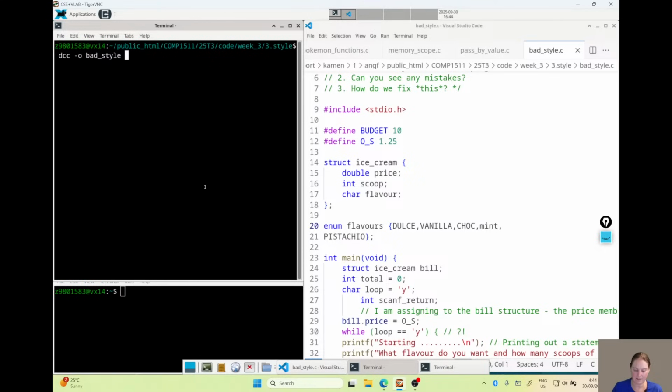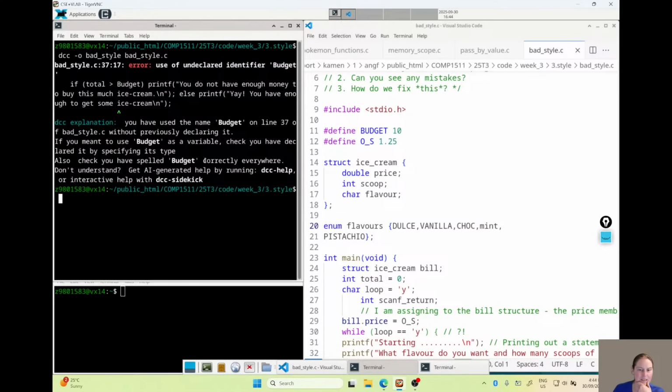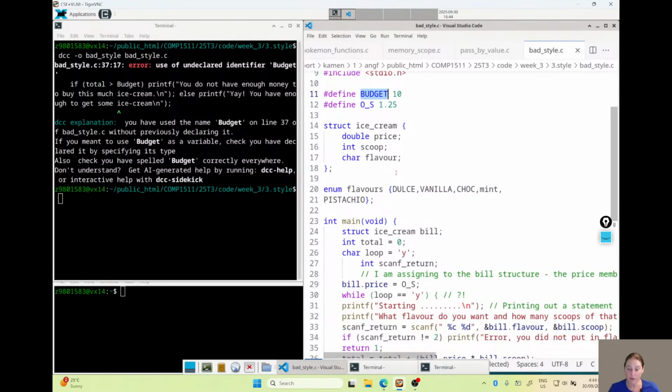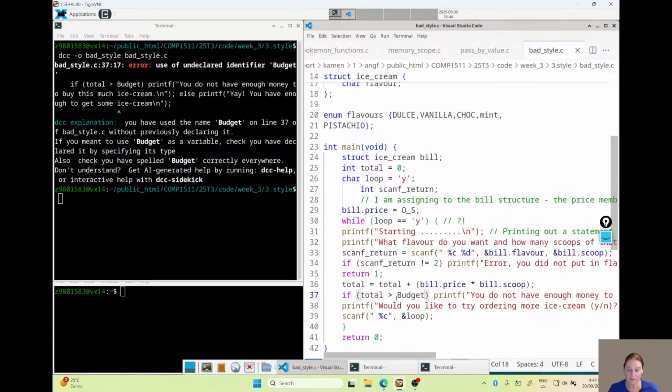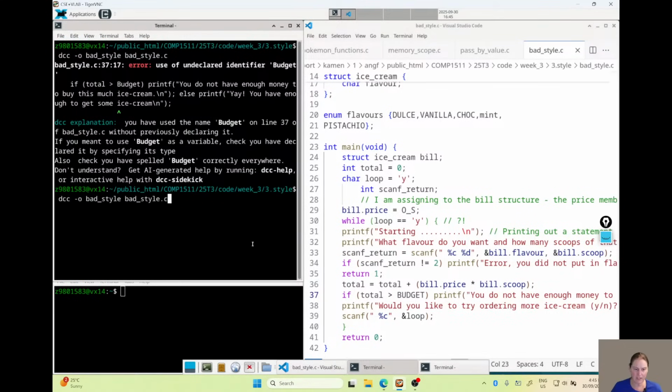Because in this example, I went and changed this hash define to make the style better, but it broke something because somewhere in the code it was using the budget that wasn't all capitalized. So after you've fixed style, just check it still works. Some people finish their whole assignment, then at the end go and fix the style, submit it, and it doesn't work. And maybe it's 2 seconds before it's due or something. So just check it after you've fixed any style things.